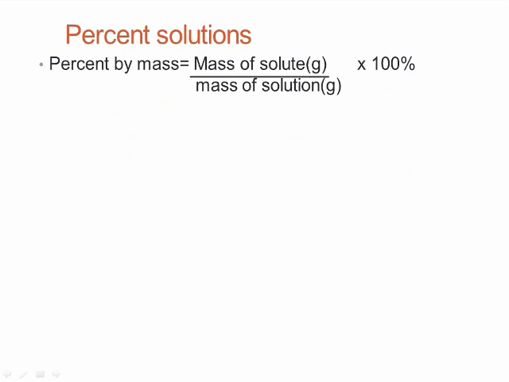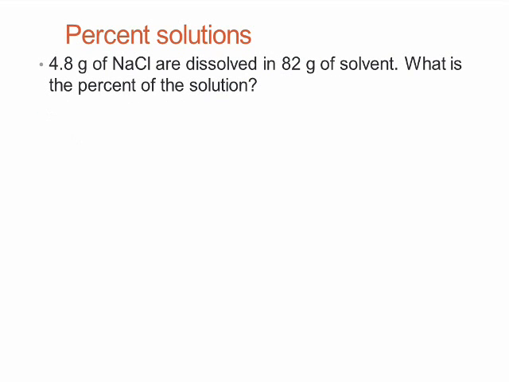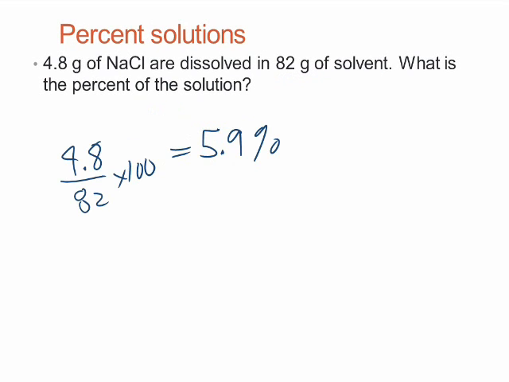There's something called percent by mass. It's the same concept where we have the mass of a solute over the mass of a solution, also indicated percent mass over mass. And it is more common to use it like this. Let's try a problem. We have 4.8 grams of sodium chloride dissolved in 82 grams of solvent. And we get